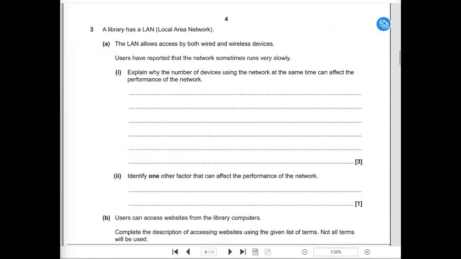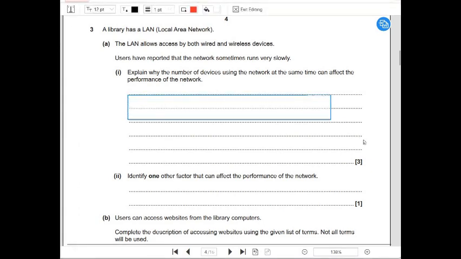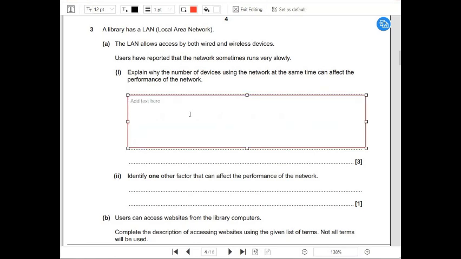A library has a LAN. The LAN allows access to both wired and wireless devices. Users have reported that the network sometimes runs very slowly. So we need to explain why the number of devices using a network at the same time can affect the performance of a network. If I was doing this, I would say more collisions means more data has to be retransmitted,